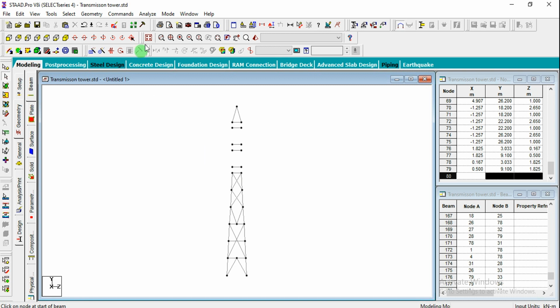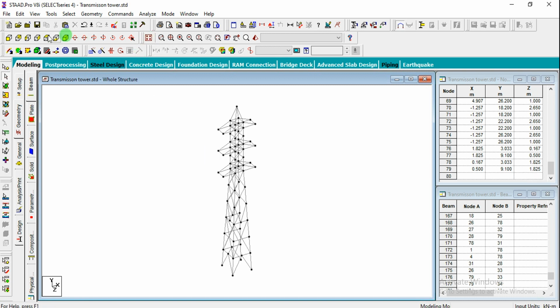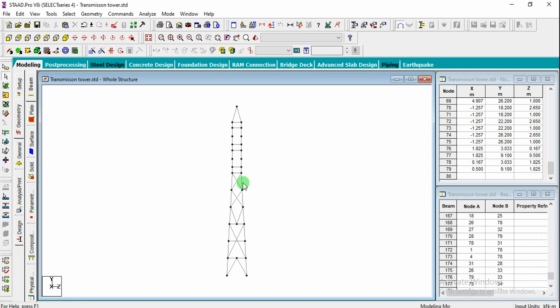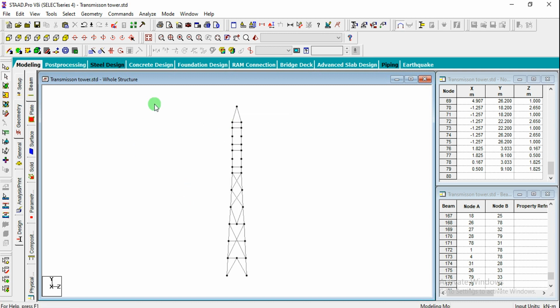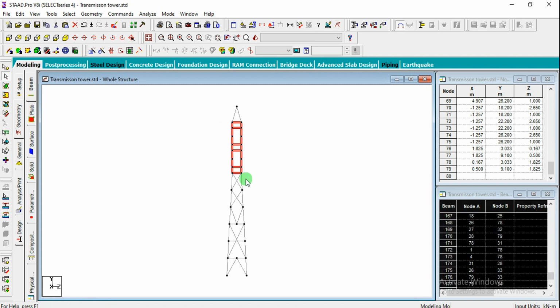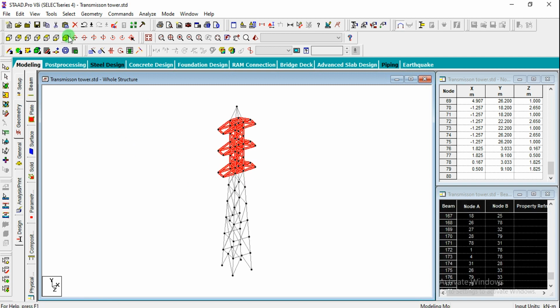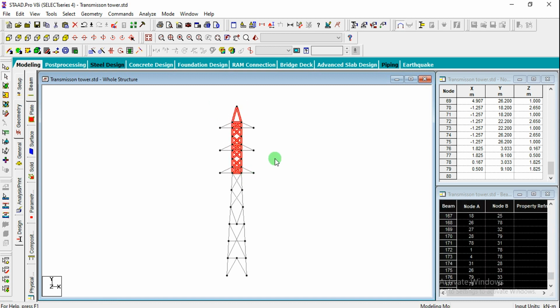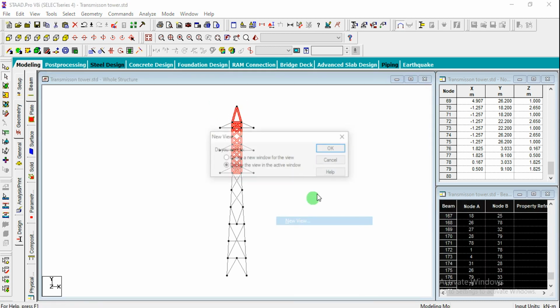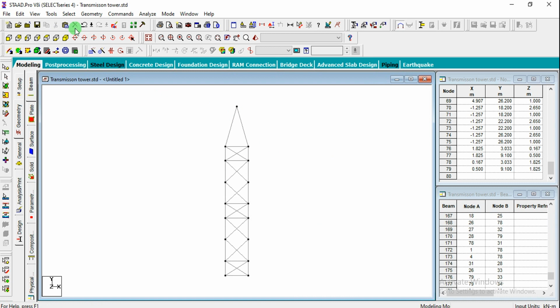Okay, so till here we got, just going for the display whole structure, and from the left view we can see that actually we need to join this one. Okay, so simply I'm just going for right click. Let us separate this view from here to here. Okay, so otherwise let's go for front view, and I'm just going to highlight this part only up to this, and right click, new view, and click on OK. So it has been separated.